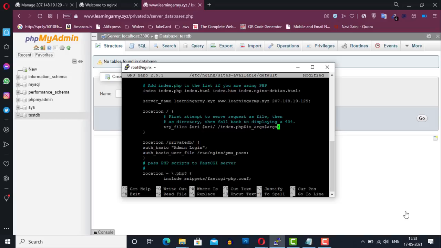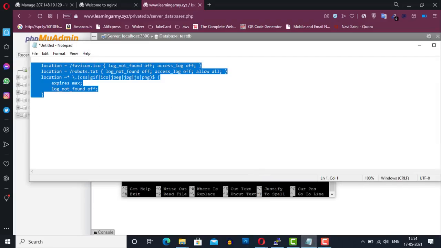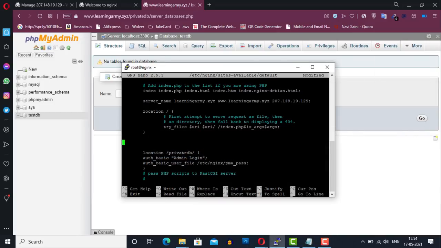Now create an empty line and copy this location block and paste it in this line after the closing bracket.